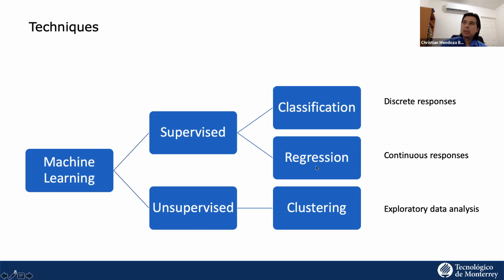But you can also do regression. This is like the regression analysis you probably see in your college classes, and it is all about continuous responses. So you have a variable that has a continuous response, and you can create models that perform regression tasks on those variables. Think about temperature, for example. Maybe you want to get the temperature, which is continuous, and then you can create a regression analysis to obtain that answer.